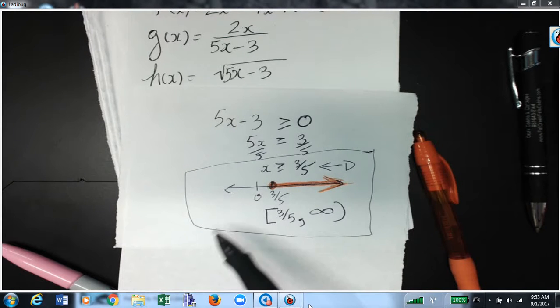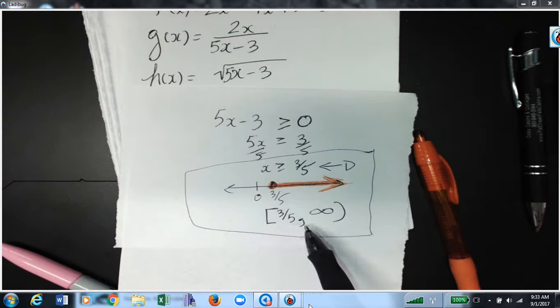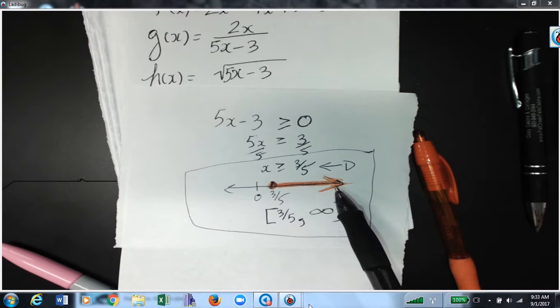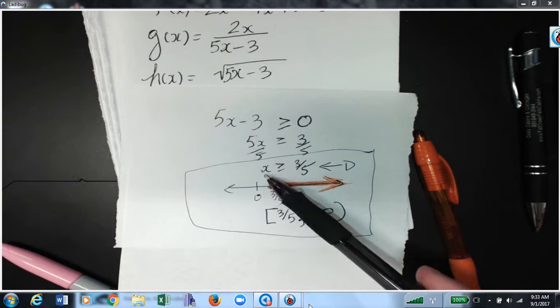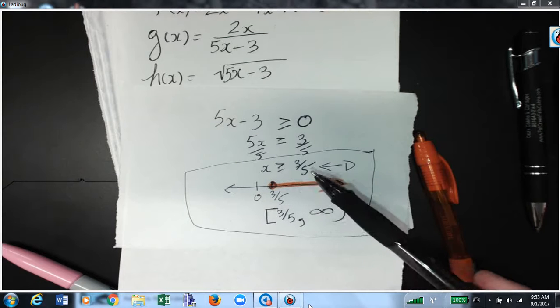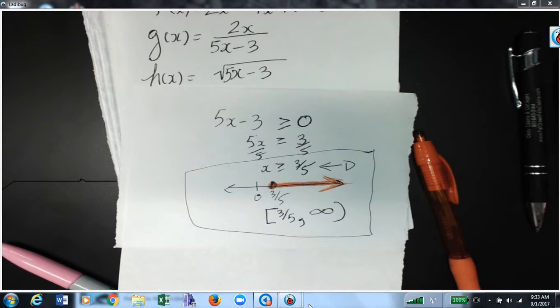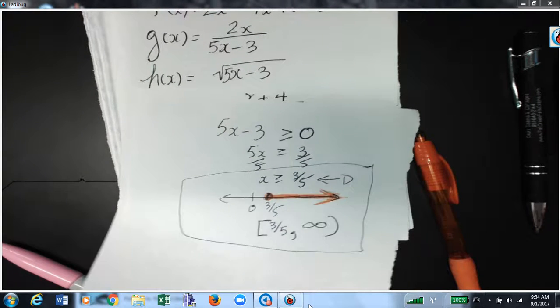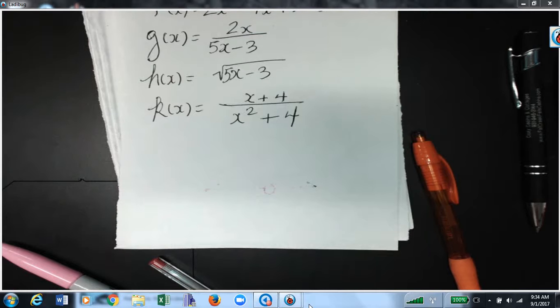What can x be? X can live in this interval, or x can live in the orange on this number line, or specifically written out, x is greater than or equal to 3/5. So the domain is the set of real numbers that x is allowed to be. All right. Are we good with that one? Okay, so